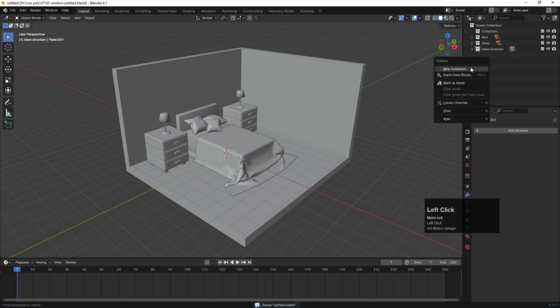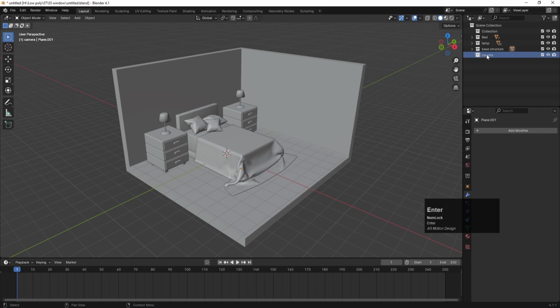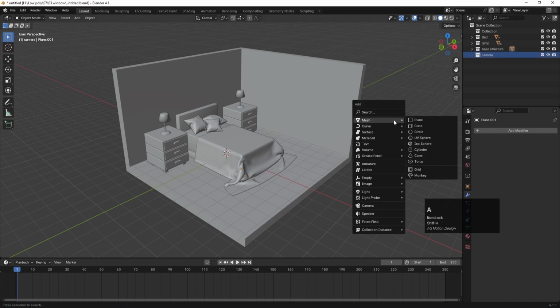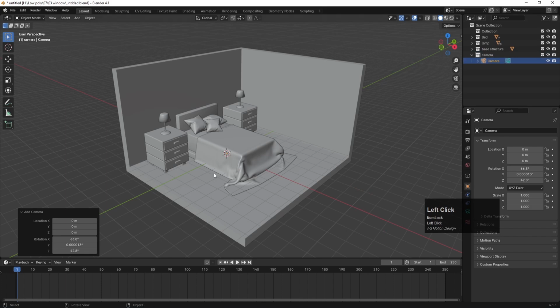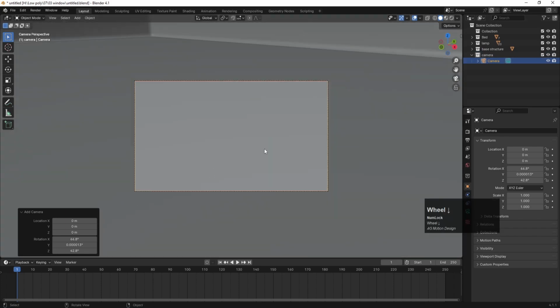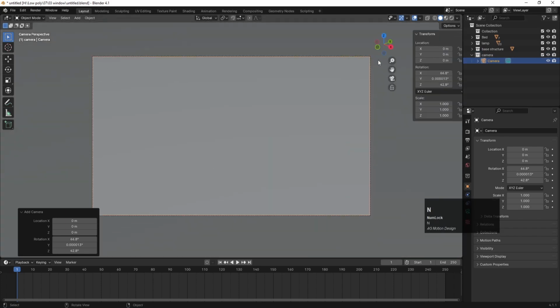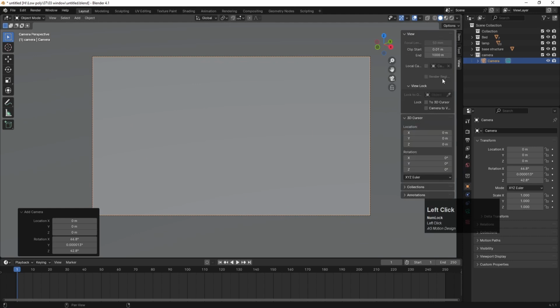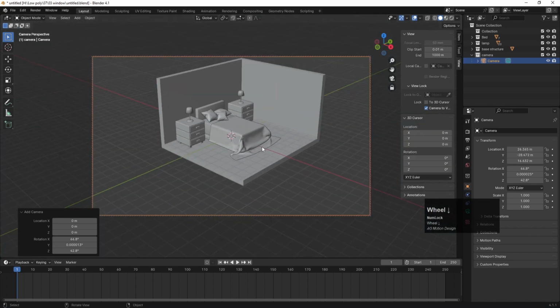We will right click, new, and let's call this collection camera. Okay, then shift A, go to the camera and add camera. Okay, and hit 0 to see our view through camera, and then press N over here, go to the view options and make sure to choose camera to view, and now zoom out a little bit to see our model. Then I'll go to the camera settings over here,